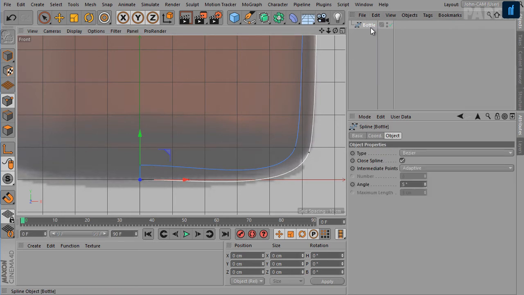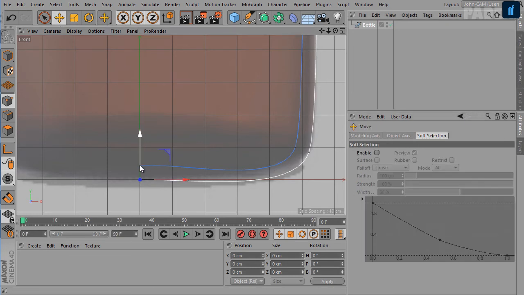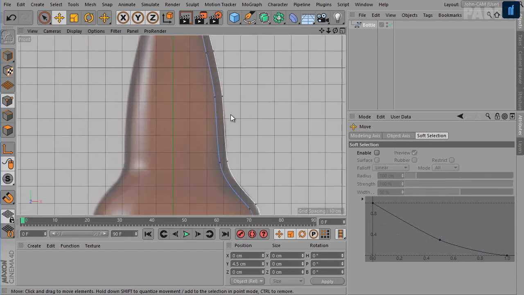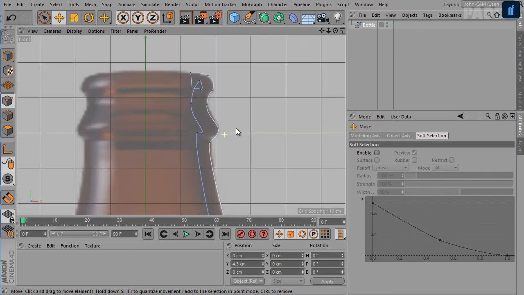So we'll select bottle here, and then in the object tab we'll clear this close spline checkbox, and again we'll make sure that the top point is at 0 along the X coordinates. Y is fine. So now we have this spline with the outline.